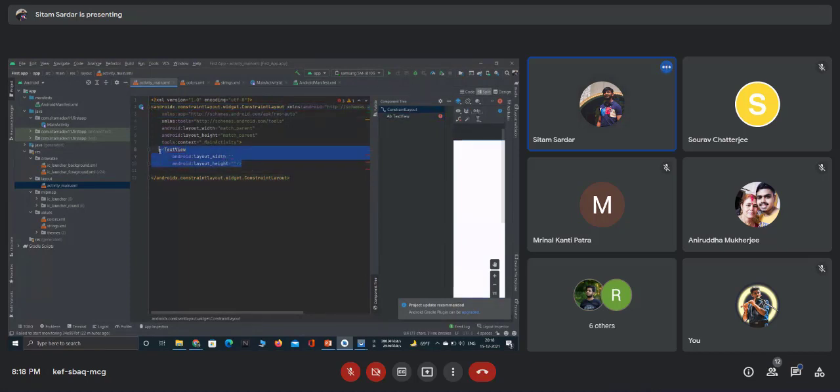Okay, so this is the hierarchy of our projects, and the parent tag should be a layout only, or in simple words, it should be a container or view group. Inside that view group there could be any number of views and any number of containers.